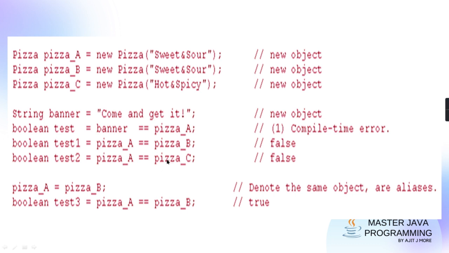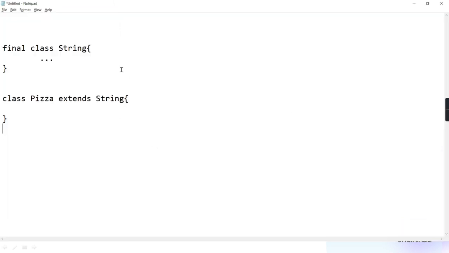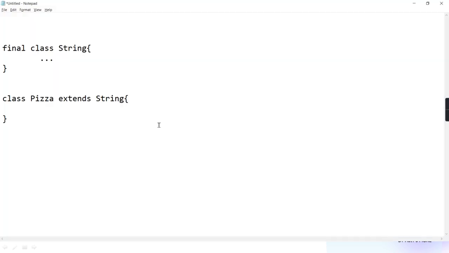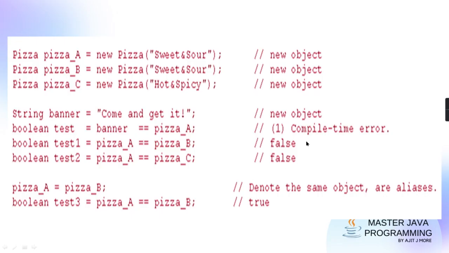Does it check the value or the reference? It checks only the reference. And the A object and B object references are different. Though the value is the same, the references are different, my dear student, and therefore the answer is false. In the other case, the reference is also different and the value is also different.